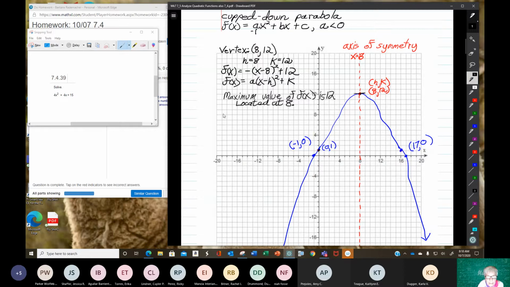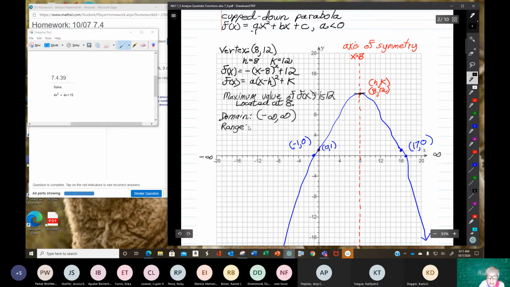The domain is negative infinity to positive infinity, because all of the x values on the x-axis will ultimately be used. The range, though,